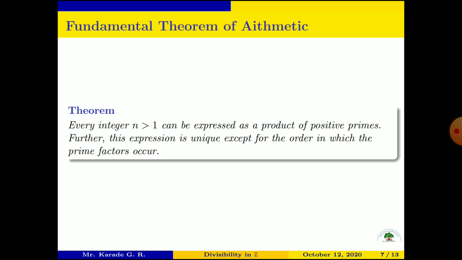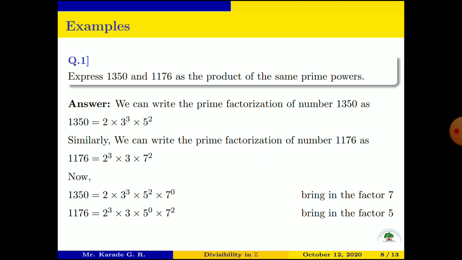So this theorem says that any integer greater than 1 can be expressed as a product of primes. That's it. Okay, that can be expressed as a product of primes. So let us take one example here. Express 1350 and 1176 as a product of primes,